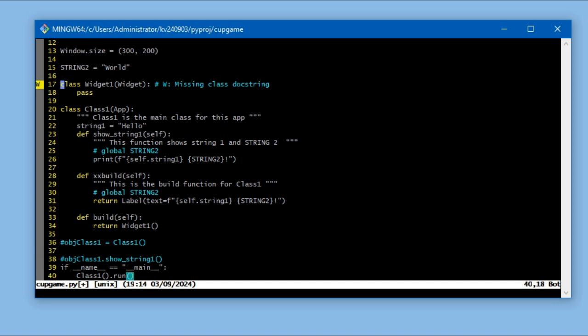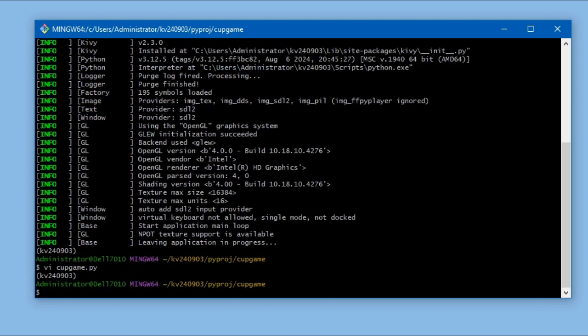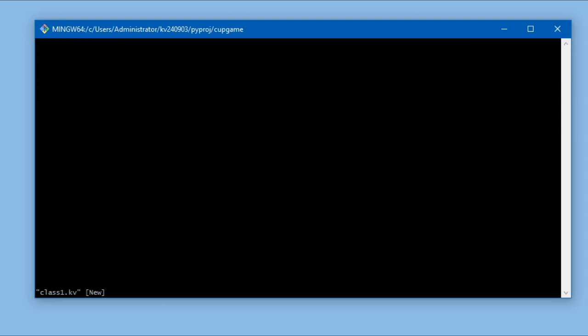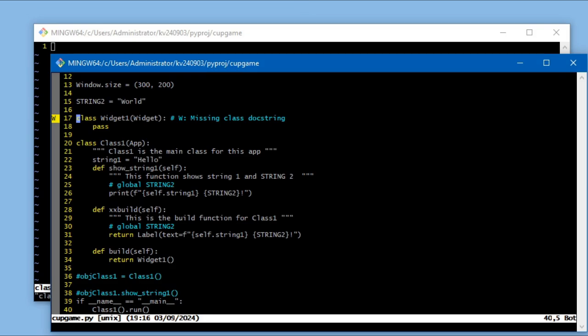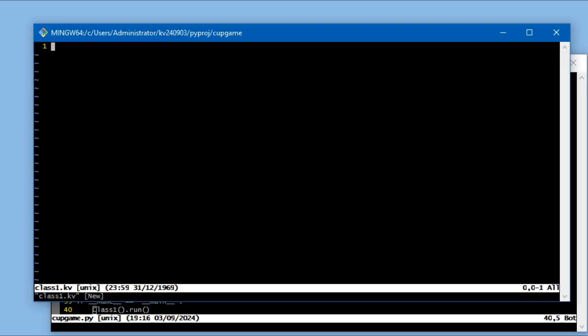For that, we need to create a separate file called class1.kv. So I'll just open that file. It's called class1.kv, like that. If we remember that the actual name of the object for this widget with the widgets in them is widget 1, so inside the class1.kv we need to create a tag with the same name but in lowercase called widget 1, and then we need to add in first of all the label at the very top like that,